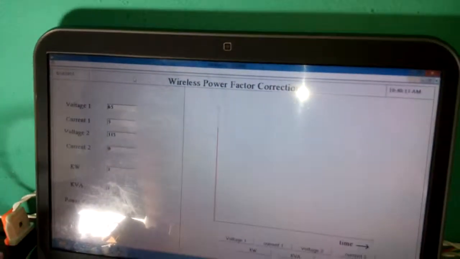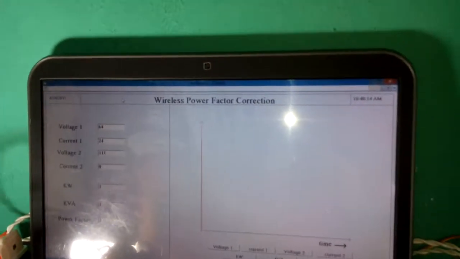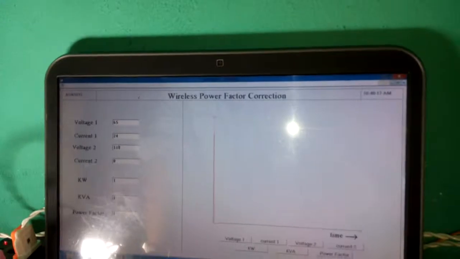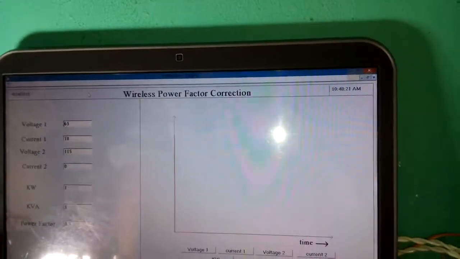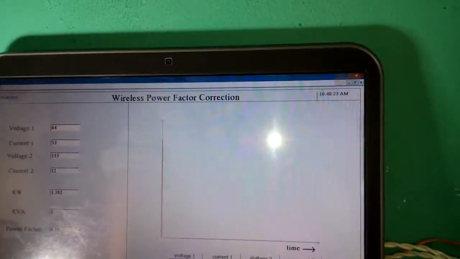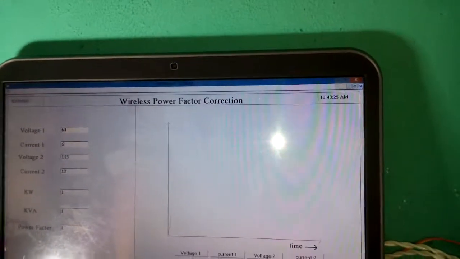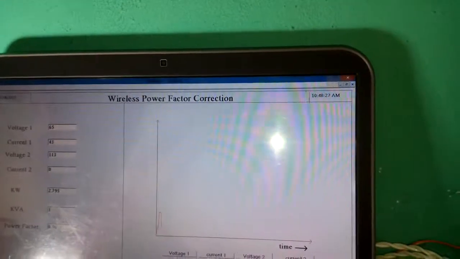I have already written the programs, so you no need to write the program again. Here I can show you the graph we will be getting. What we are getting is a power factor of 1.4.